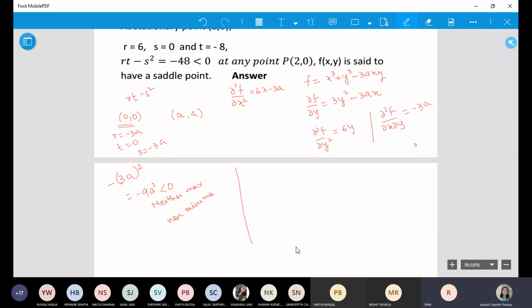Ma'am, we are doing double derivative. So df by dx, then we will differentiate them. You are not doing df, you are doing delta f. There is a difference. Ma'am, delta f. But ma'am, then delta square f by delta x square will be 6x. You have cube, na beta.